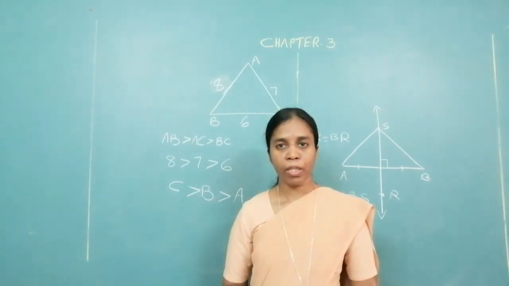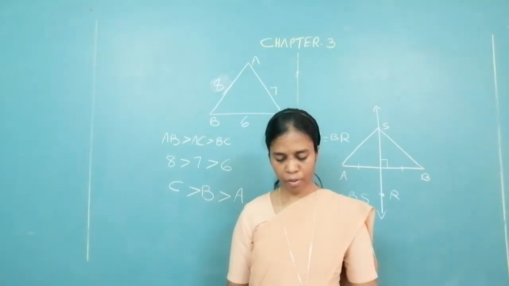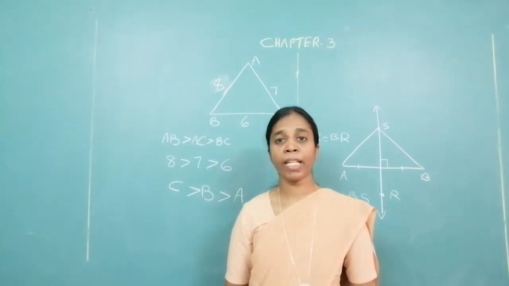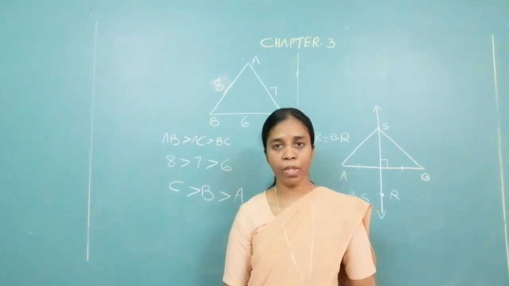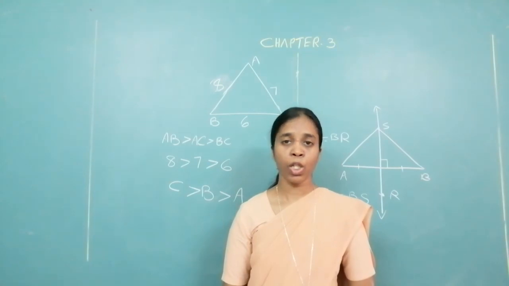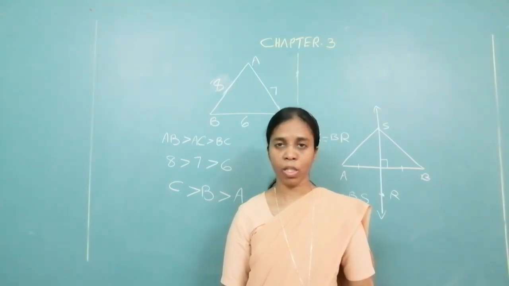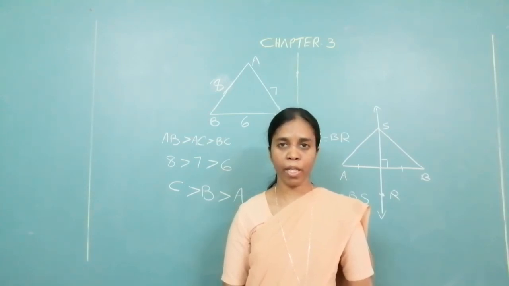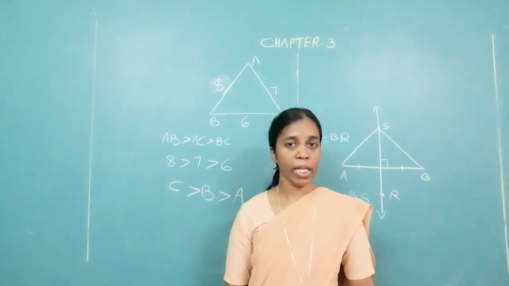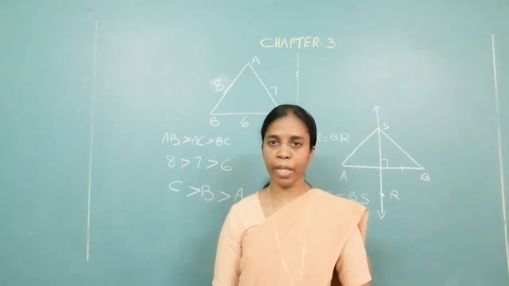I am stopping here because for the next class, I have given you 11 points. All these 11 points should be by heart for you, in the same words, in the same manner. Don't forget the 3 points that we have learned in the parallel lines. So for the next class, you should be learning all these points by heart. It will be asked to you anytime, you should know it, in the same order, in the same manner.